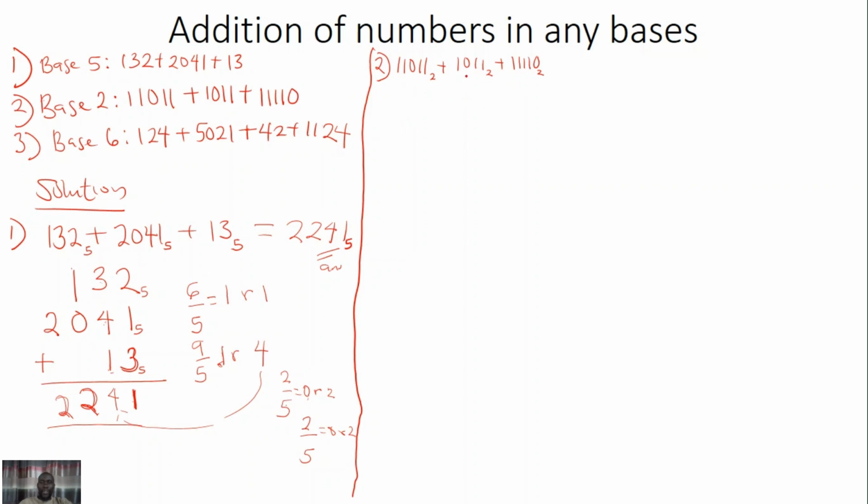What we first do is to arrange these numbers on top of one another, and we do it in such a way that the numbers on the extreme right will align first before the numbers on the extreme left. Let's start with this number, that will be 11011. Okay, now let's put this under it, starting from the right side, such that the numbers on the extreme right will align first before the number on the extreme left. That will be